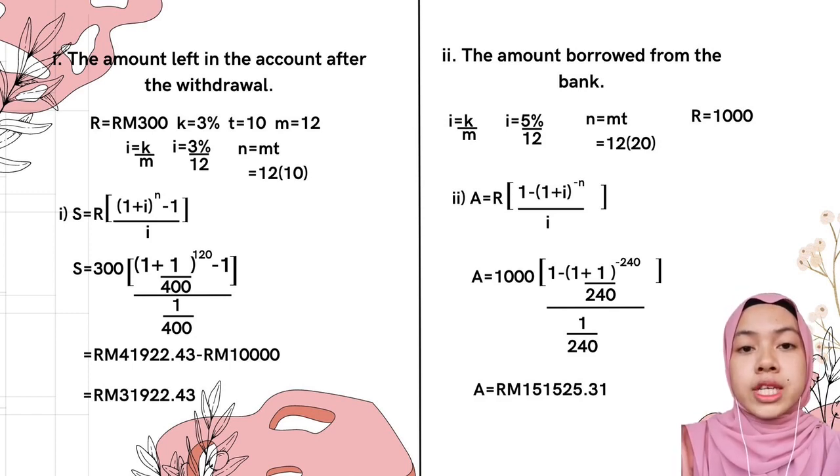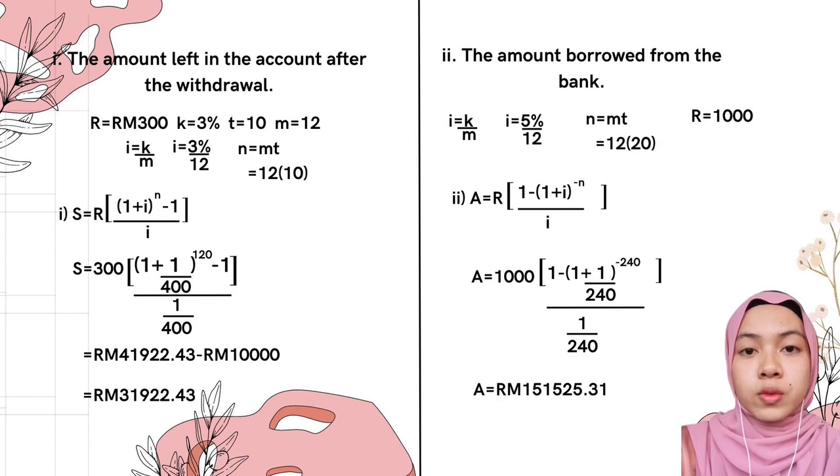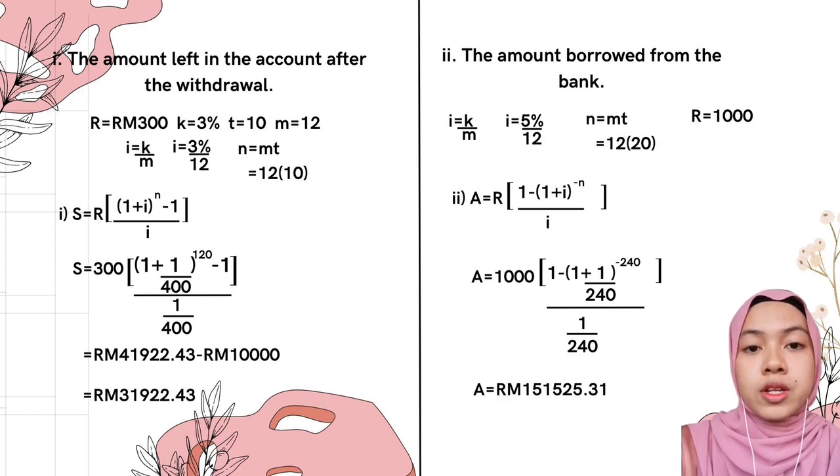Next, based on the question given, we have i equal to k over m, which is 5% over 12, equal to 1 over 240, and n is equal to m multiplied by t. So we need to multiply 12 with 20 and we get 240, and R equals 1,000 ringgit. For this question, we are required to use the present value formula. A equals 1,000 in bracket 1 minus another bracket (1 plus 1 over 240) to the power of negative 240, divided by 1 over 240. We get A equal to